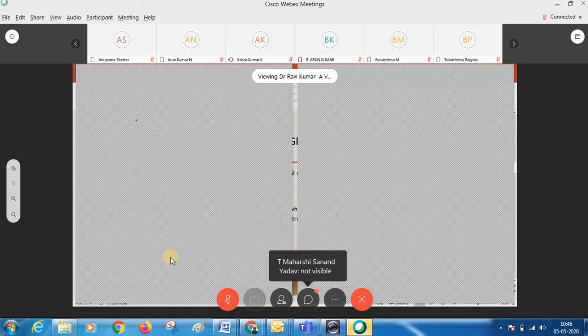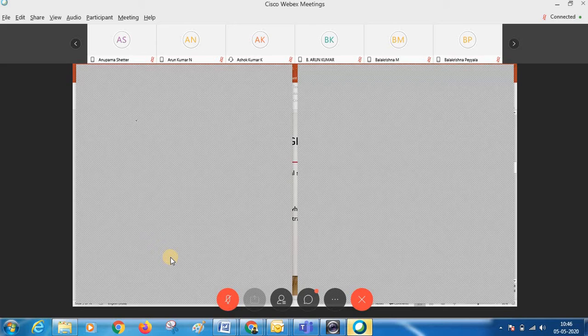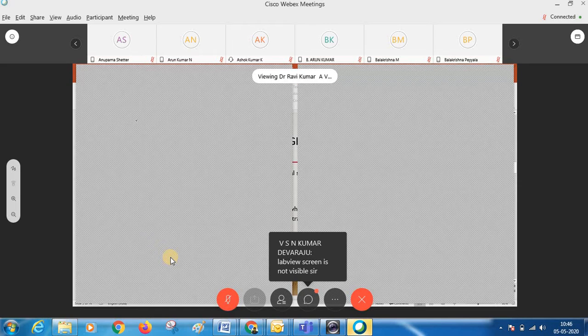LabVIEW is not seen. Excuse me, sir. Sir, the screen is not visible. It is not shared to WebEx, sir. Screen is not visible to us. One second. Sir, you have to share. Yeah, sure.